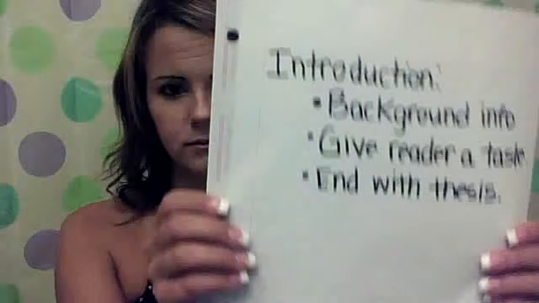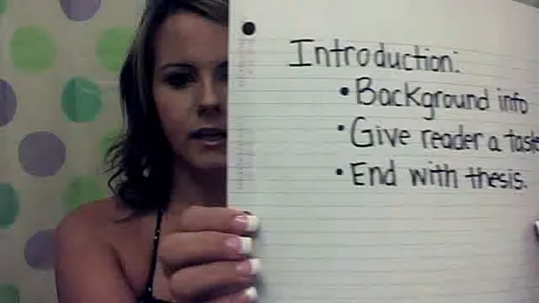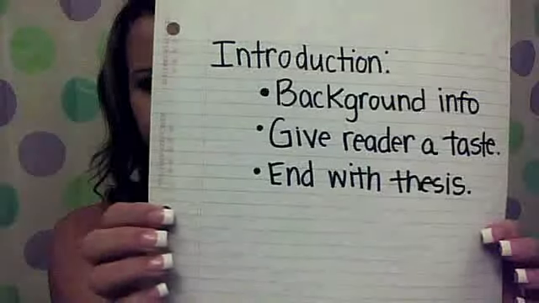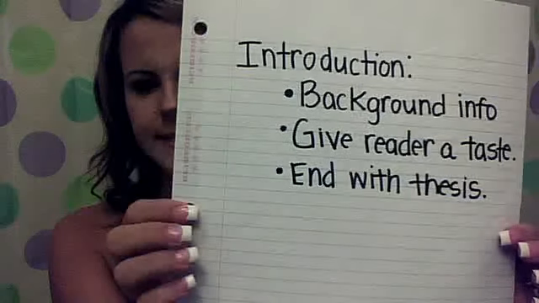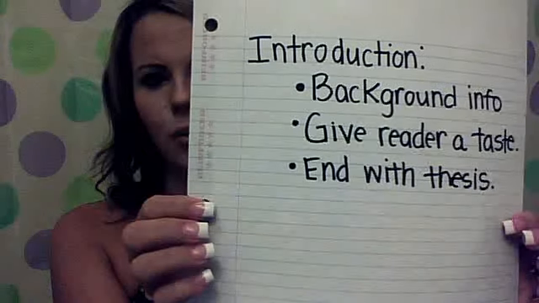And the example that I always use with all my students is the comparison of apples and oranges. So if we were writing a paper on apples and oranges, then our intro would want to contain information about fruit and maybe a little bit about apples and oranges, where they come from, who eats them, why we eat them, things like that. So you see that introduction, background info, give the reader a taste,